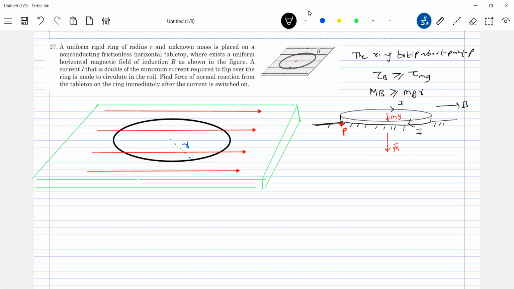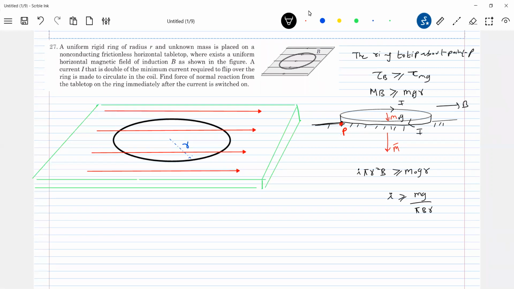Let me write m naught as the mass of the ring, it'll be easy for us. So what is m? m is I into pi r square, B greater than mgR. Already we have discussed this for a wire; now I'm just bringing a ring there. So what should the current be to tip it? I equals mg over pi B R. Keep this in hand. Okay, let's come to this.